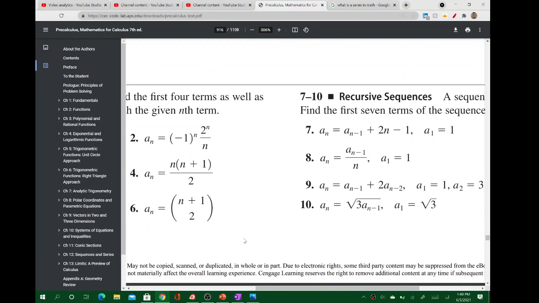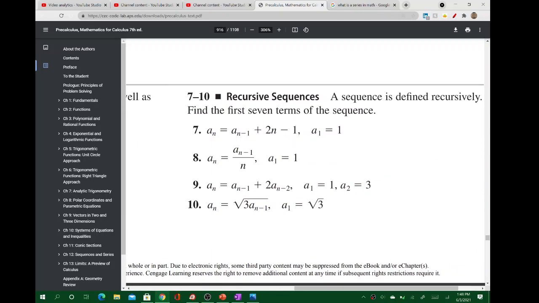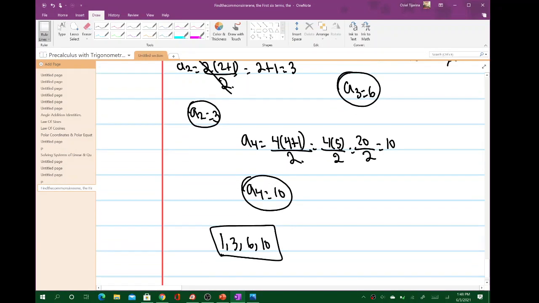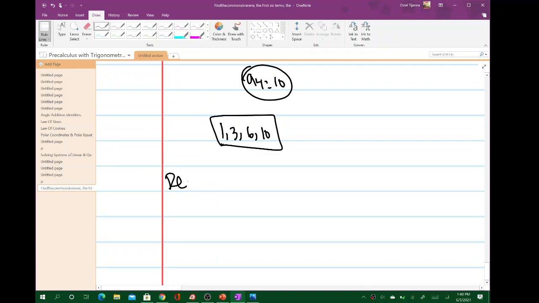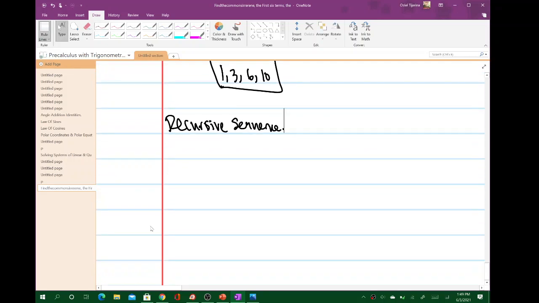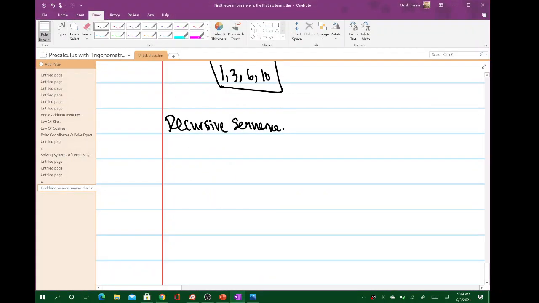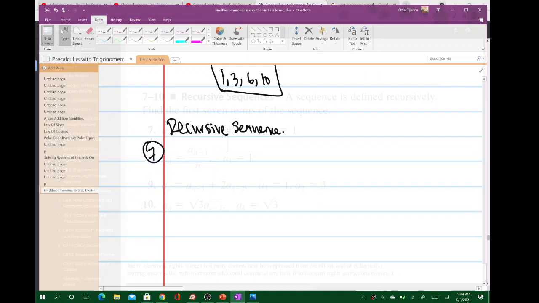So we're going to move on to the next part. It says, a sequence is defined recursively. Find the first 7 terms of the sequence, okay? Now, we are given, so for example, this is number 7. Yes, number 7 says a sub n equals a sub n minus 1